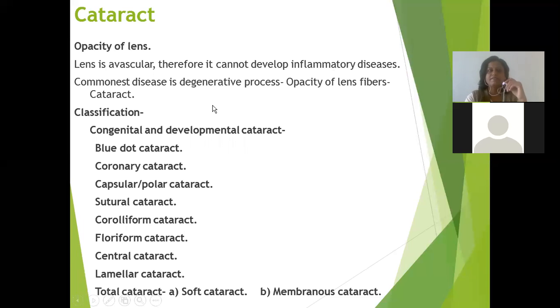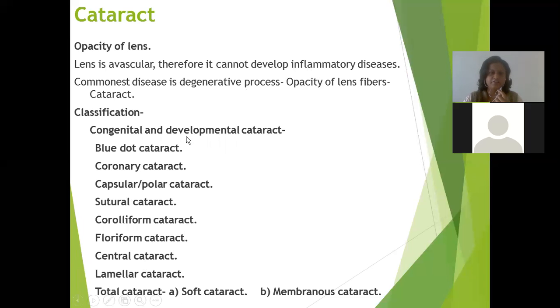So cataract is the opacity of the lens. The lens is avascular, therefore it cannot develop inflammatory diseases, and the commonest disease is the degenerative process. So it leads to the opacity of lens fibers and it leads to the cataract. In the classification, we studied in the previous lecture the various types of the cataract, like